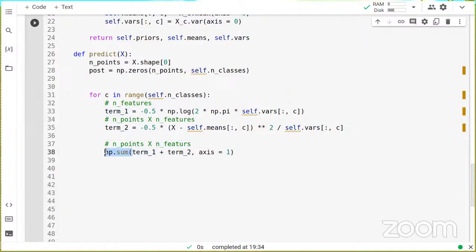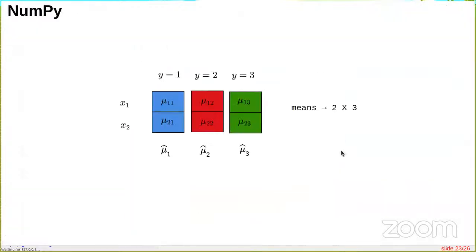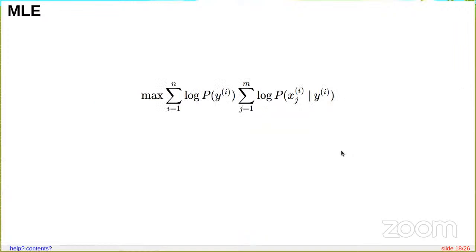Okay. See, I will remove the sum. Okay, this is what I am doing. See, this part is clear, right? I'm subtracting the mean from each row of the matrix. Yes, sir. Right. So I'm doing this. Let's only think about one class. I'm doing this mean subtraction from each row of the matrix and dividing it by the variances for each row. Now I am essentially trying to use this formula.